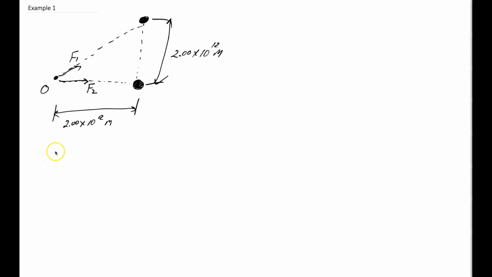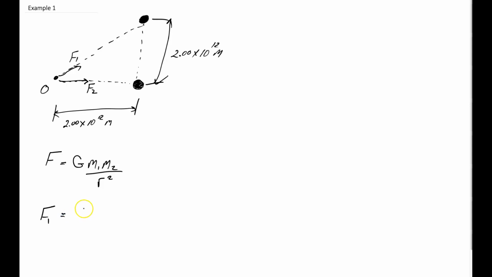Newton's law of gravitation says that the force of gravitation between two bodies is G m1 m2 over the distance between them r squared. So if we consider F1, which is the force due to the ball or the charge of the planet or the star, whatever it is, doesn't matter what it is, but think of it as the object on top on the point O or the mass O due to that object